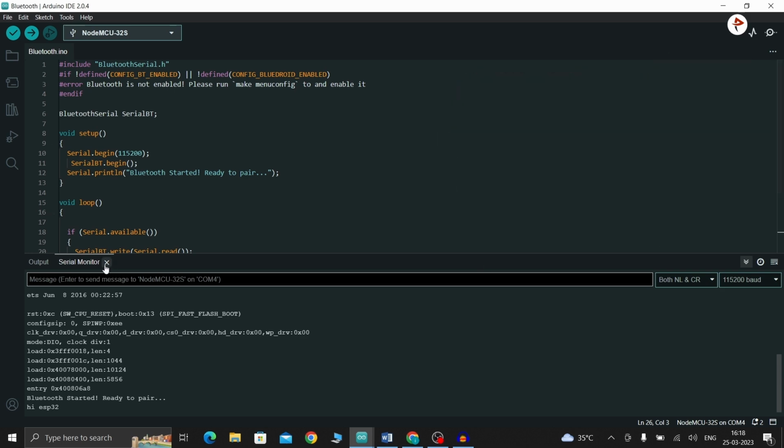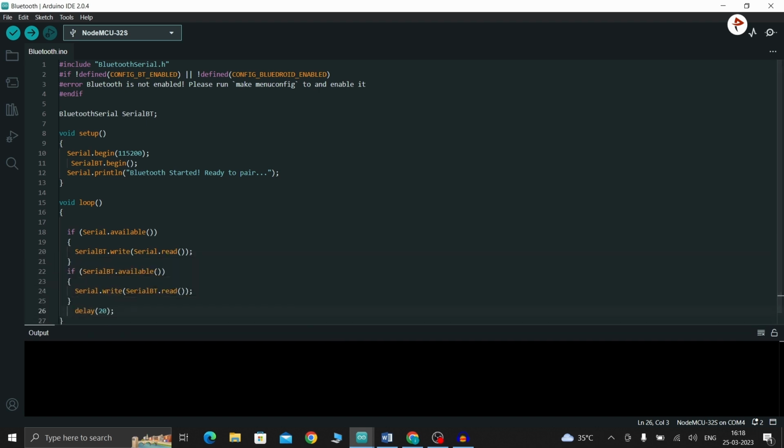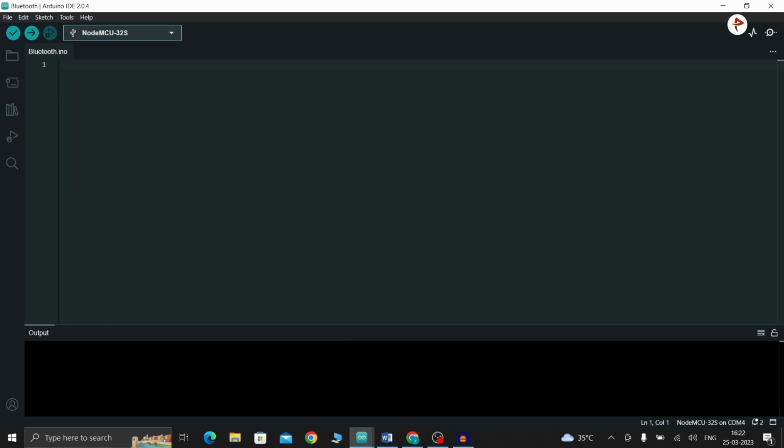So now we are going to write code for controlling an LED using ESP32. For that, the same code, but we just have to modify it. So let me write it from first. So same include